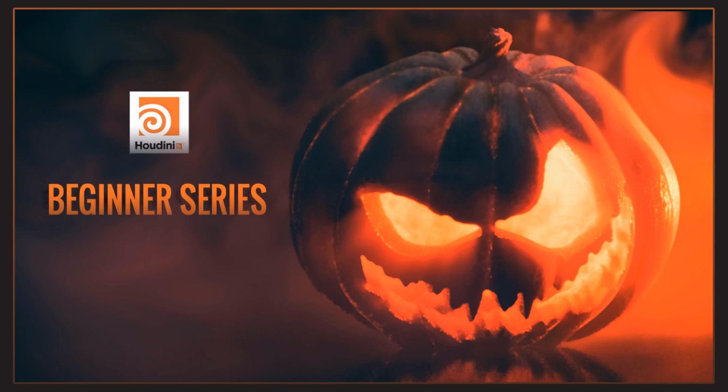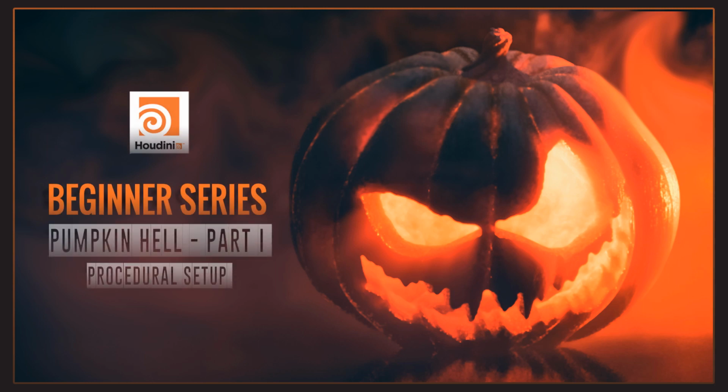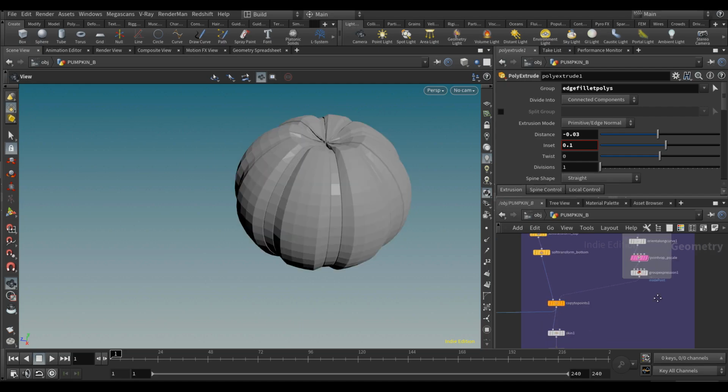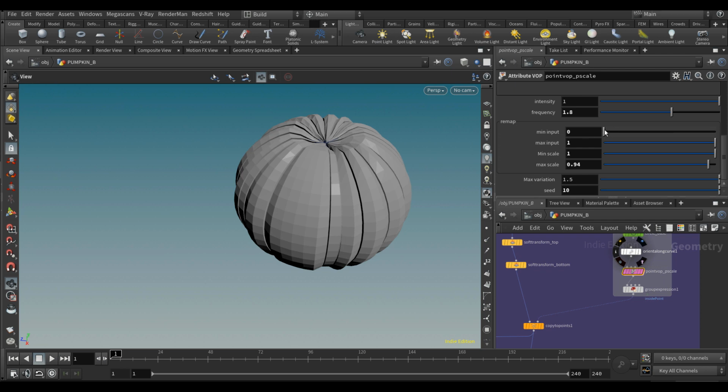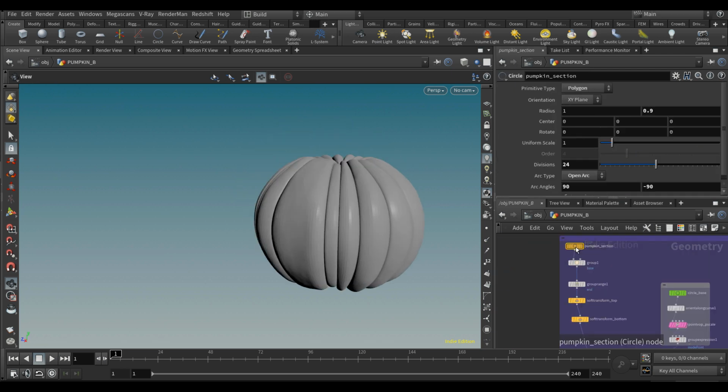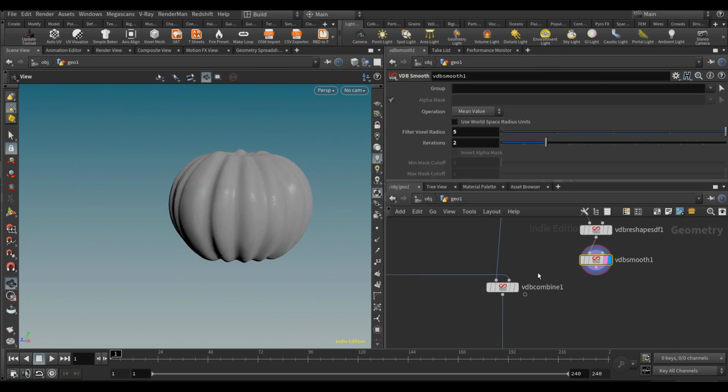You've been asking a lot for beginner-friendly tutorials about Houdini. I figured it's October, well, let's make some pumpkins. So in this pumpkin hell tutorial, I'm finally taking the time to talk more in detail about procedural modeling, trying